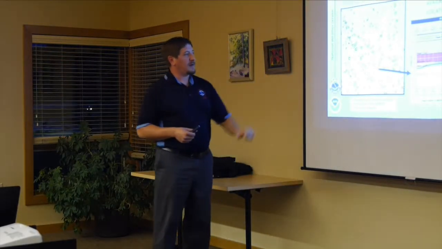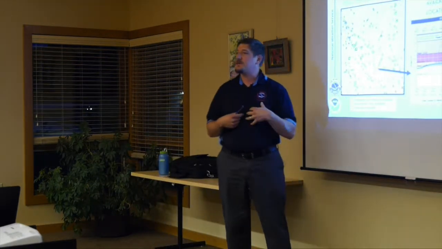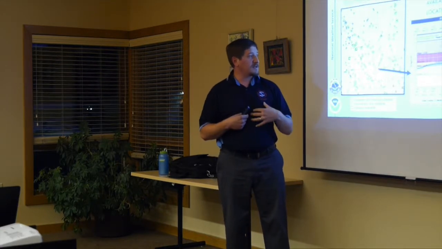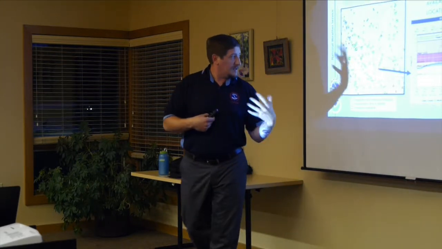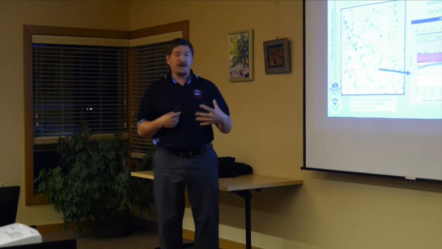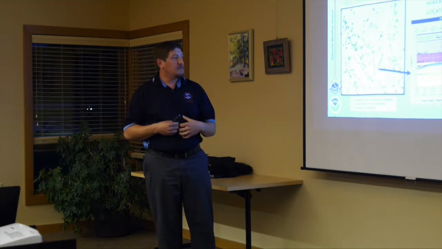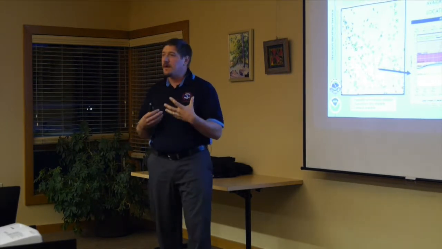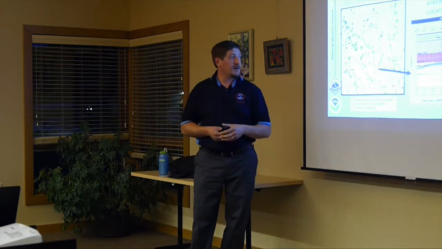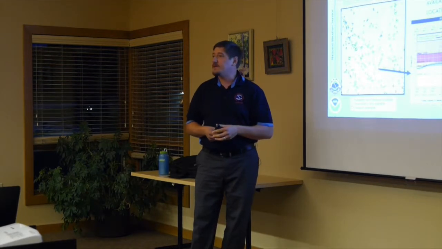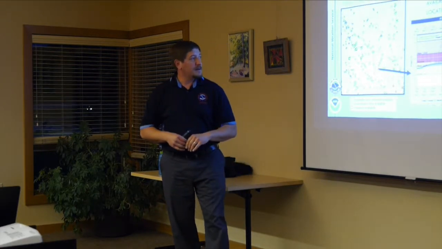What are the rainbow colors? What does that mean? That's essentially the different stages, and part of my job is to go to these locations and determine the different stages of the river levels: action, minor, moderate, major flooding. So an action stage means it's kind of a heads up, watch out situation for us. We're going to start generating forecasts, the rivers are coming up. We're not going to issue a warning unless we're forecasting it to hit minor flood stage or the river's already reached minor flood stage. So I'll actually go out there and do surveys of this and determine what those should be, and also get input from local emergency management and other government agencies.